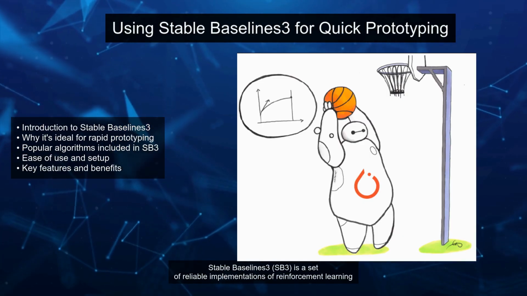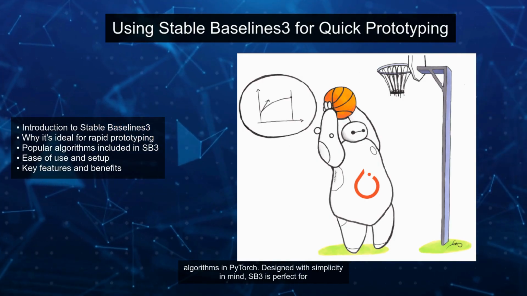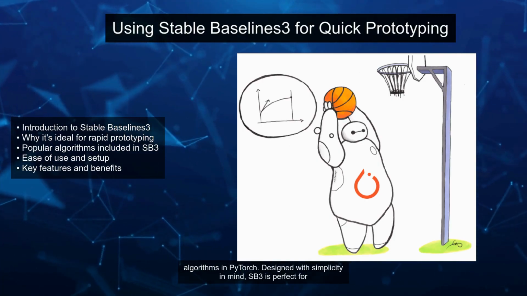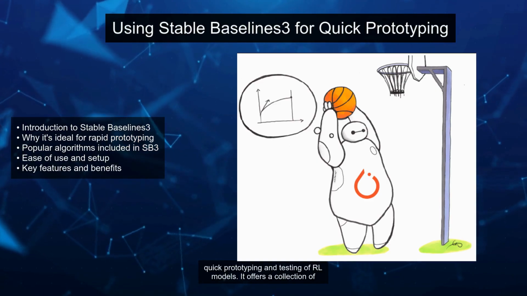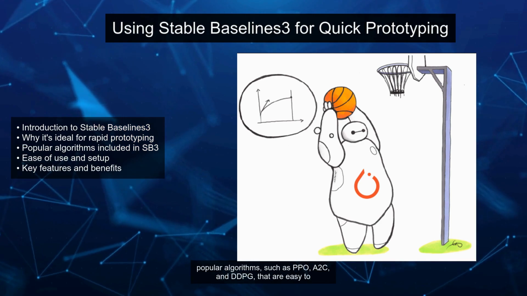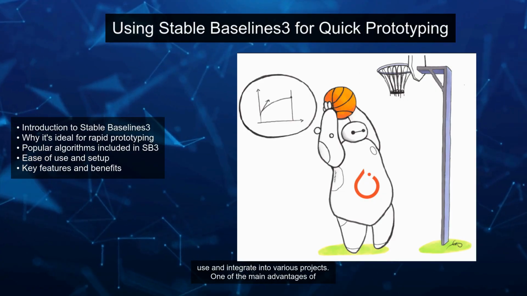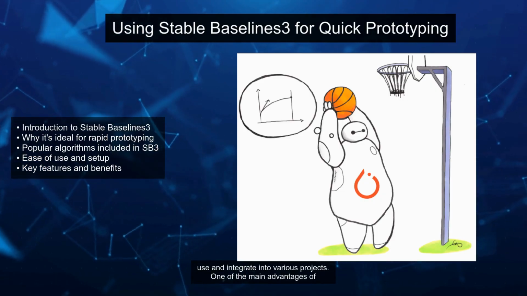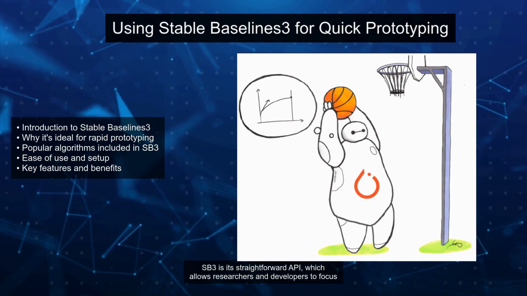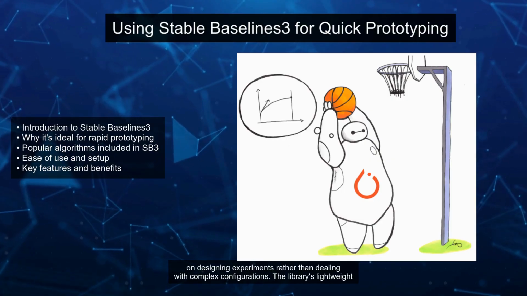Stable Baselines3, SB3, is a set of reliable implementations of reinforcement learning algorithms in PyTorch. Designed with simplicity in mind, SB3 is perfect for quick prototyping and testing of RL models. It offers a collection of popular algorithms, such as PPO, A2C, and DDPG, that are easy to use and integrate into various projects. One of the main advantages of SB3 is its straightforward API, which allows researchers and developers to